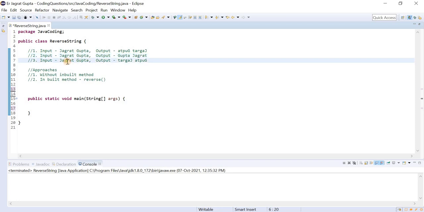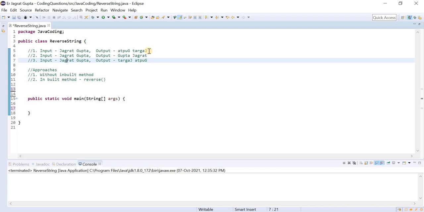And the third variation is, let us suppose this input string is given like Jagrat Gupta. Then the output should be, we reverse Jagrat and we reverse Gupta, but the places should remain the same. So these three variations are present in the reverse string program.